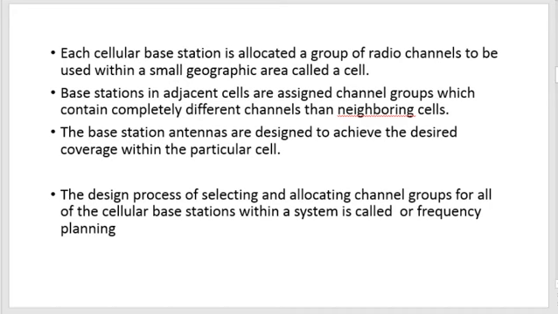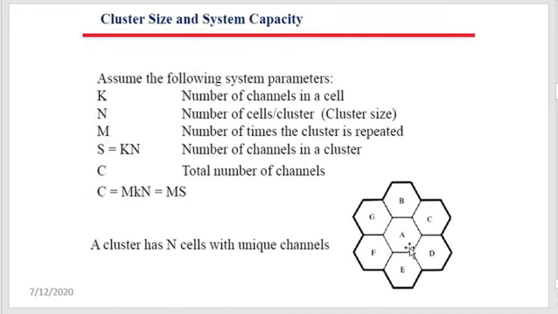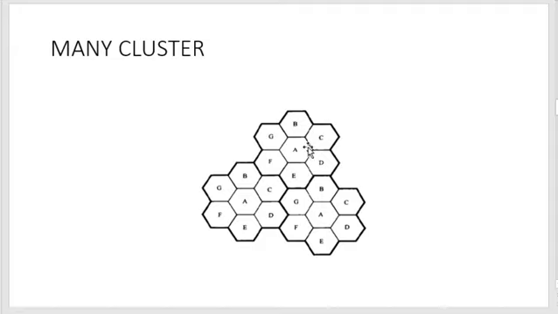All right, now you see here. These are the cells. This is one cell, this is another cell, this is another cell. And these entire cells together, I should say, are one cluster. So here, this is called a three-cell cluster: 1, 2, 3. If you see the outer boundary, it is represented by broad, bold lines.